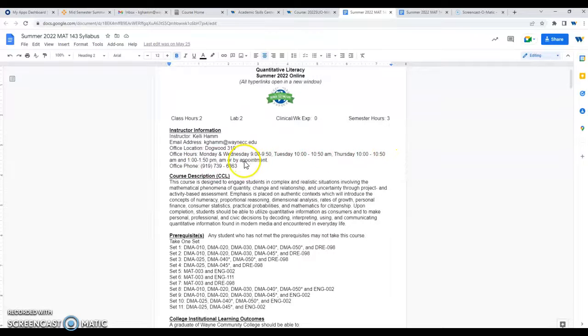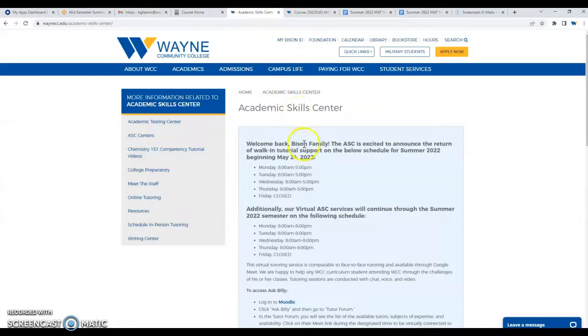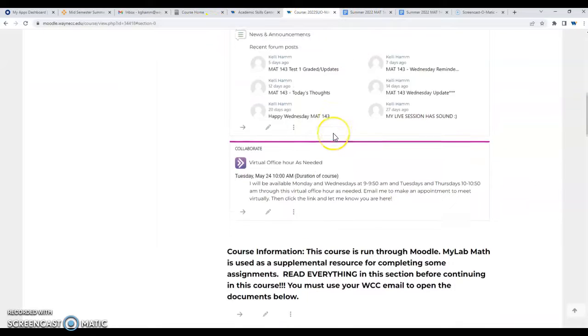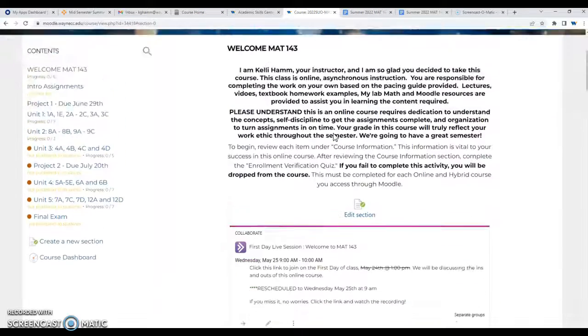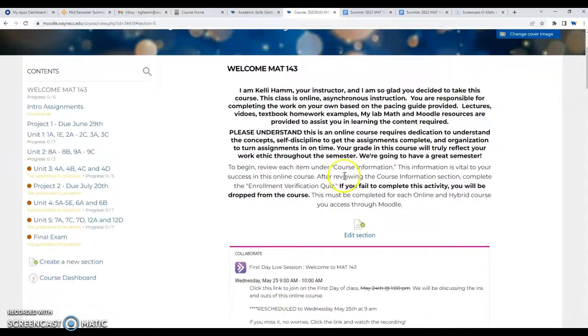Or we can try to make arrangements for other times. I do have to teach face to face, and I have other online classes as well. So you do have ways to get extra help if you need it through academic skills, emailing me, or using my office hour.